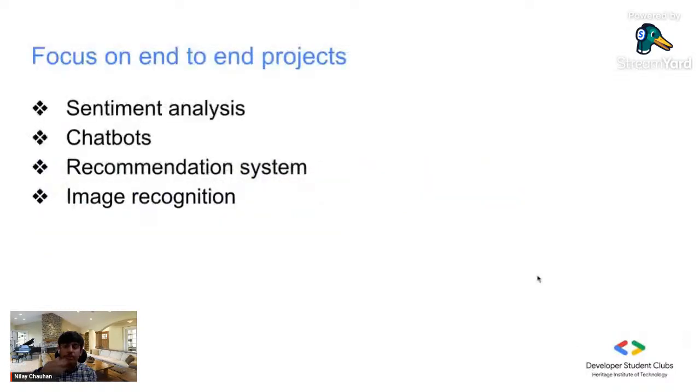Focus on end-to-end projects. I have seen a lot that people take a course from Udemy or any platform, go through the theory, and feel that they know it, but you don't know it until you do it. So I highly suggest you build end-to-end projects. In terms of data science, try to build projects from data scraping to making your model live, fetching it through an API, and making the website live on Google Cloud, AWS, Azure, or any platform you want. Try to build this product.